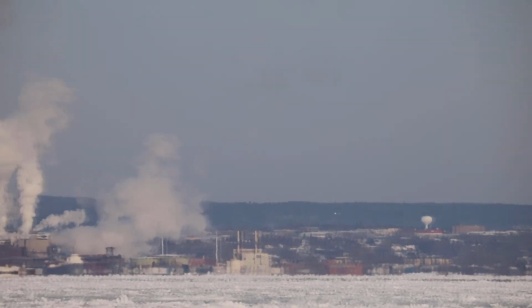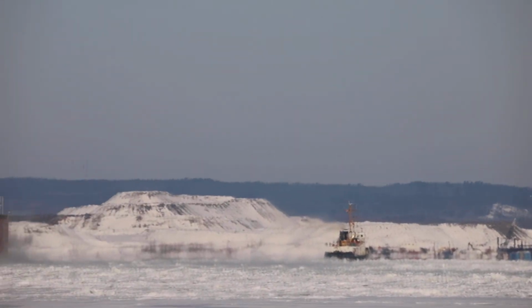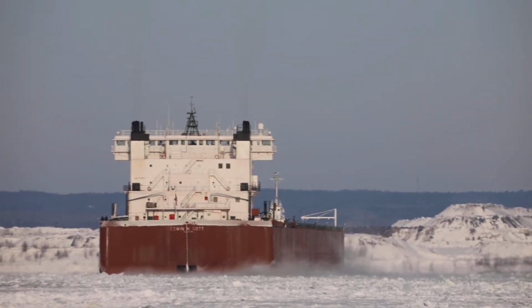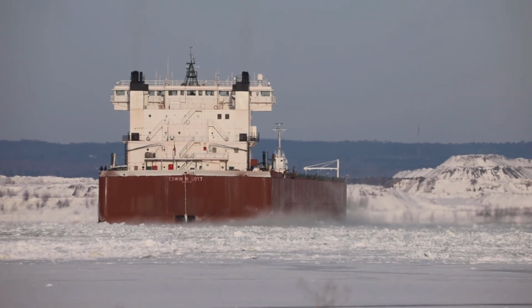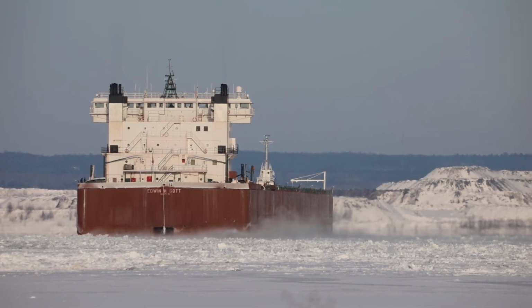I'll bring this back around. There's the Katmai and the Gott. So now it's time to wait for the Polar to get here. It'll be their last pass up to Duluth to lay up,